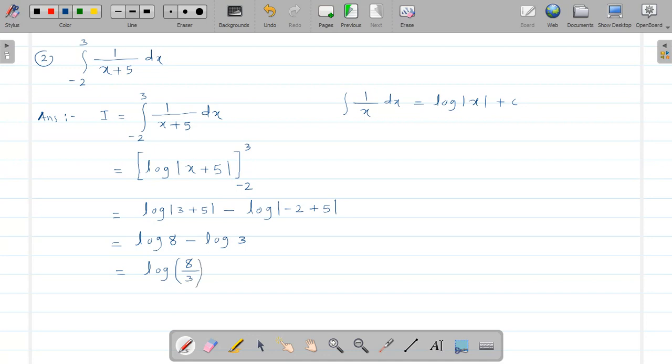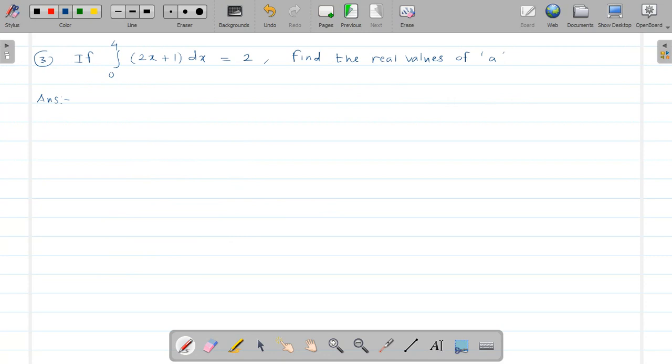Okay, so we again get the definite answer here like this. See how to solve this. Just take the integration by using the usual rules that you have already studied in the previous topic, and then put the upper limit first in place of x, then put the lower limit, and by using this you can simplify, or you can use the rule of logarithm here to get log of 8 upon 3. Now see, there is one